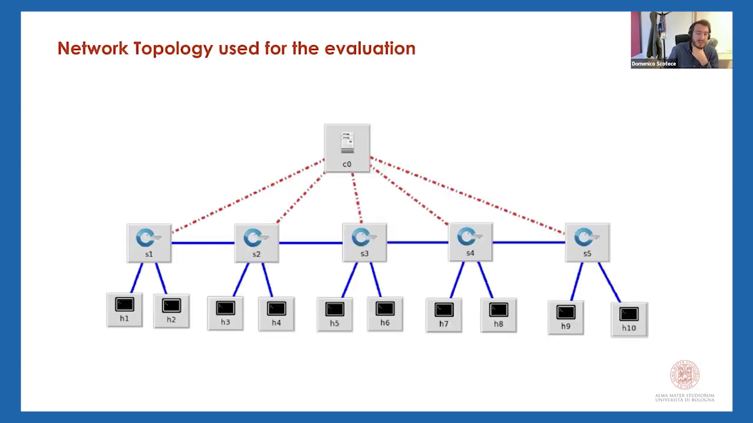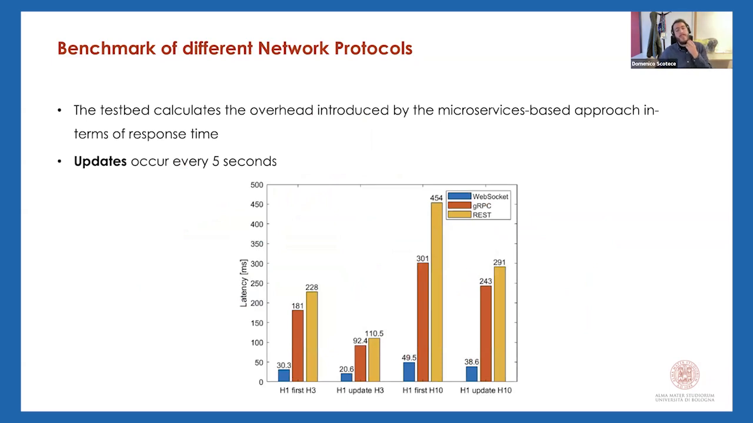First, we evaluated the latency. We evaluated the network protocols with this kind of topology that contains a single controller, 5 switches, and each switch contains 2 hosts. In total, we have 10 hosts. And the latency test leverages the ping ICMP protocol,